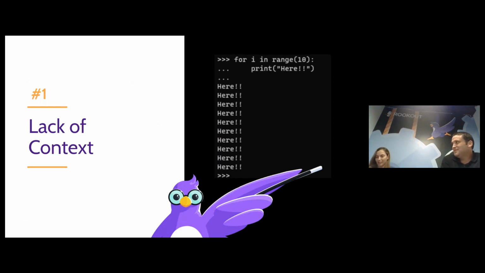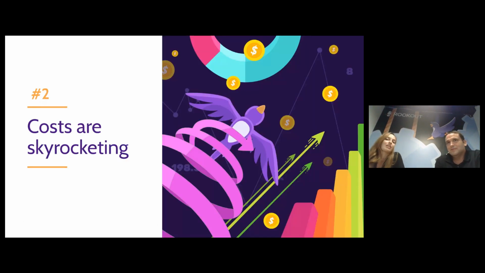So yeah, you're probably very right. The number one challenge is context, a lack of context. And when we don't have enough context, what do we do? We just go and print another log line. But printing another log line doesn't end there. It's waiting, deploying, and at the end of the day, this whole cycle costs money in different ways.